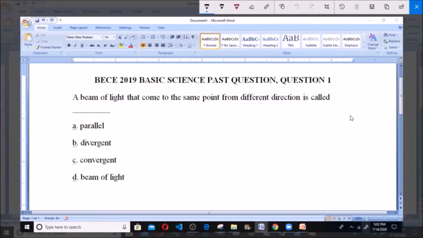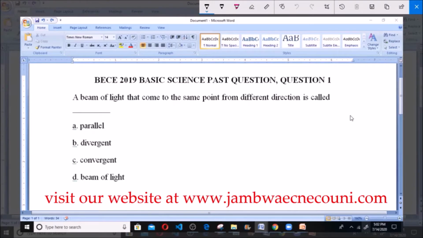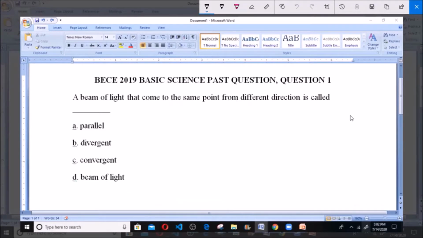Hello, welcome. So we're going to be doing BECE 2019 Basic Science Past Question. Question 1. A beam of light that comes to the same point from different directions is called: A. Parallel, B. Divergent, C. Convergent, D. Beam of light. So before we pick our answer, we're going to be looking at the meaning